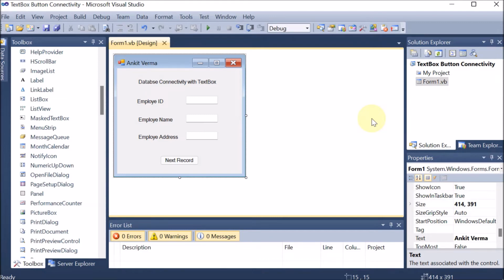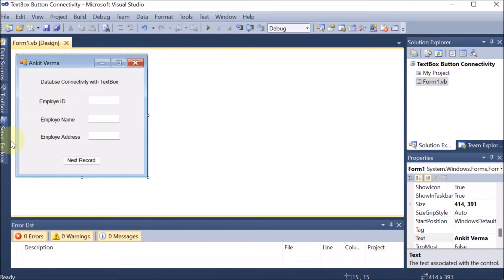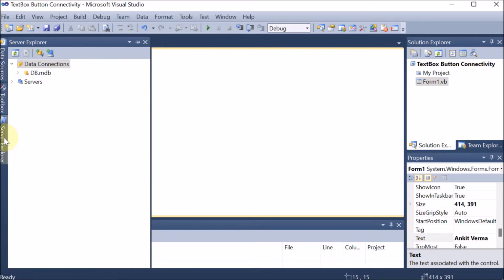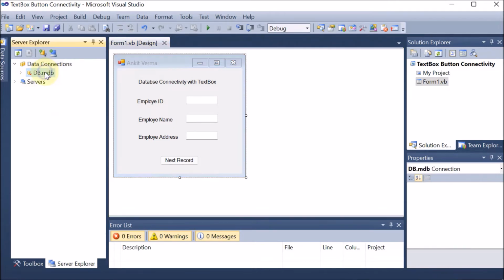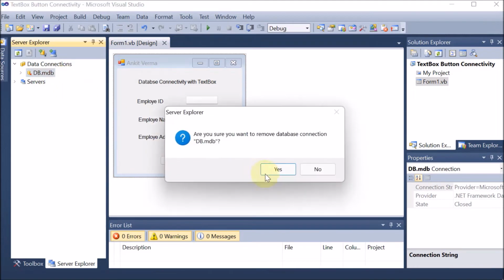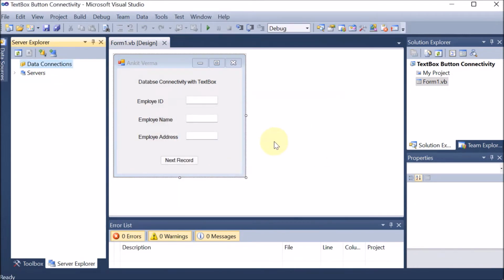Second step is creating the connection. So from your .NET project to the database, there should be a connection. So we are going to create that now. For creating the connection, which is the second step, we are going to take back this toolbox. And here we can see that there is a Server Explorer. So click on that, then you should dock it. That means on the left hand side it is available. Now here you can see that already some database is available. So you have to first of all delete it because we want a fresh database.